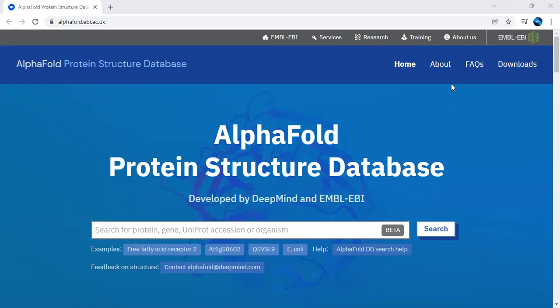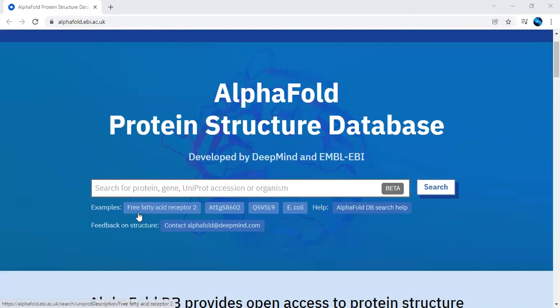So in our previous video, we saw a small introduction to what the AlphaFold protein database is. Now we are going to proceed by giving keywords in the search box, which is a protein via gene or the UniProt accession number, or else you can also give a particular organism name, which is given in the examples over here. You can try the examples, and that is what the search provides us in the form of output.